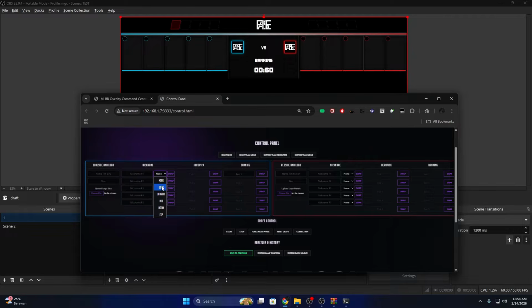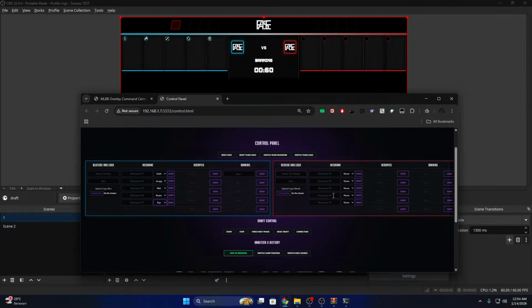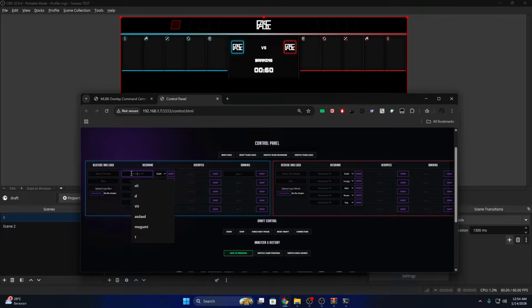For example, we choose gold lane, jungle, mid lane, roam, and EXP. Basically, just align it with the players. So jungle, mid, roam, EXP.